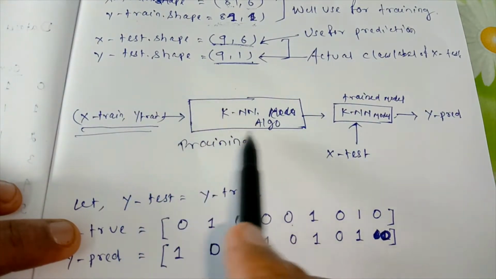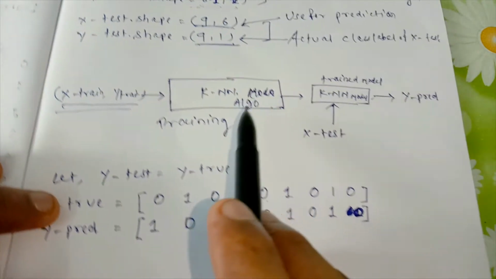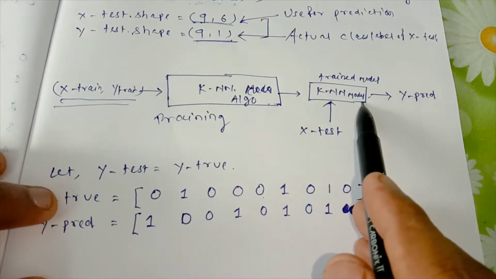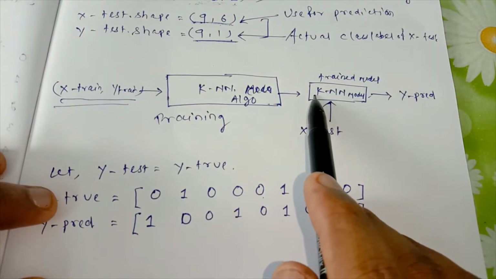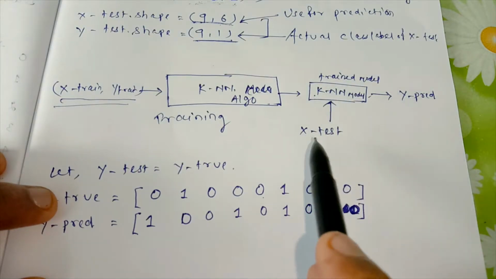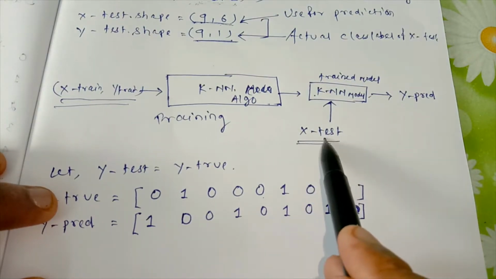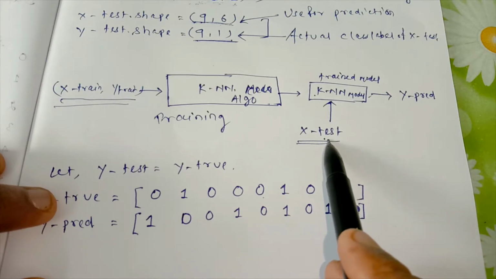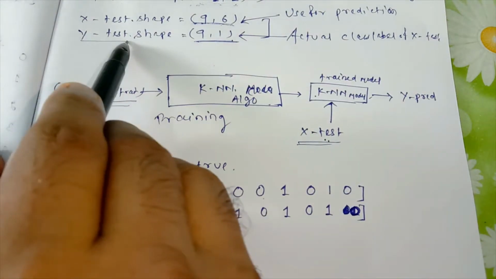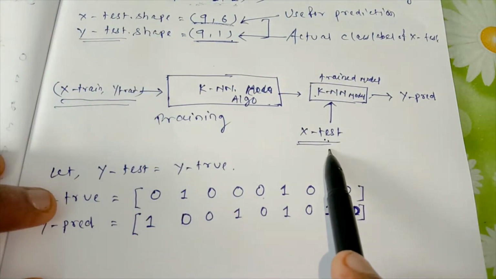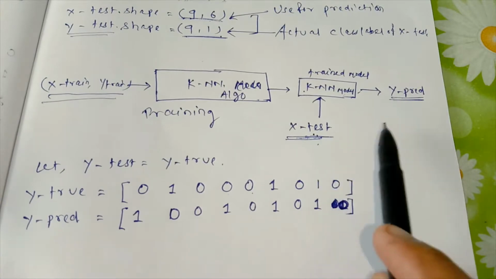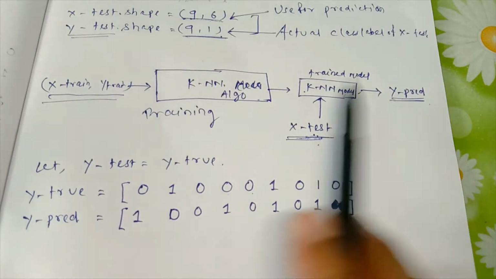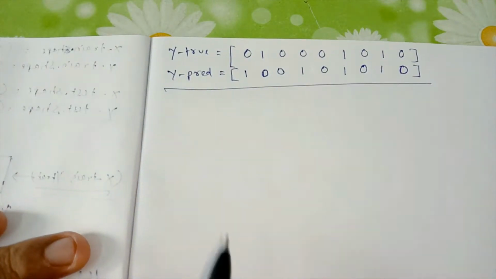After the training operation is over, it generates a model, the KNN model, and this trained model can now do predictions. To do prediction I provide x test. You remember x test is the test data set. It has no class label. The actual class label is held by y test. I gave x test to the model and it gave the prediction. Now finally these two are available.